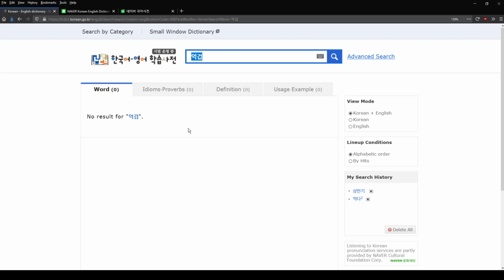Because when I show you later on the Naver dictionary, you can get too many words, and it can be way too confusing, with words that are hardly ever used, or from a dialect or something, and that's what makes it not so good for complete beginners. So I really recommend this one because mainly I like the layout. But there is another one I'll show you in a second